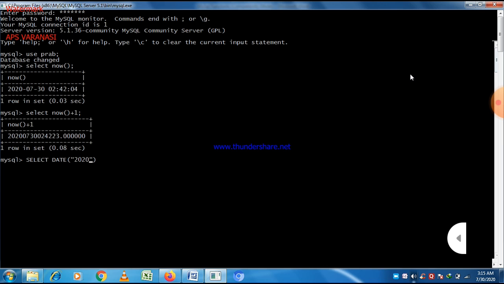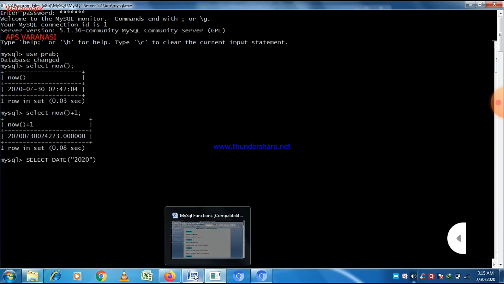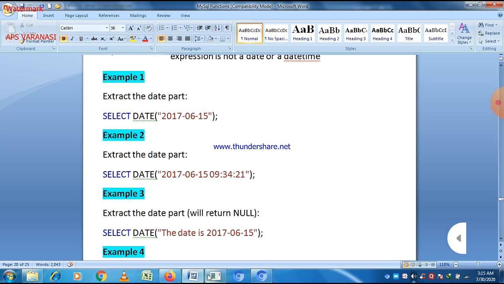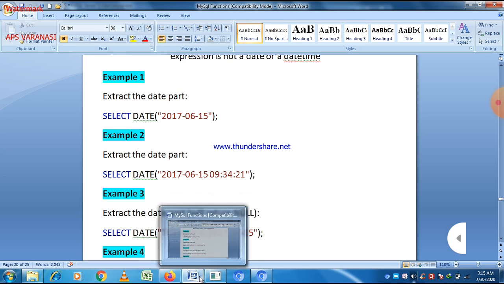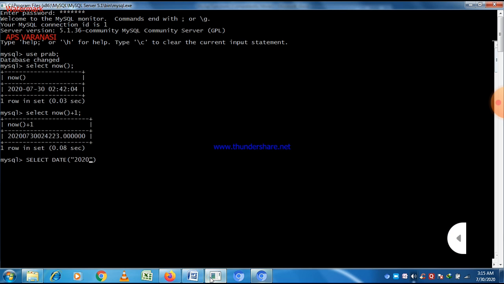2020, and then let us say month is 7, separated by a dash sign. You can easily see that. You can take any date here, 2027-07-29, 29th July. Let us see what happens.